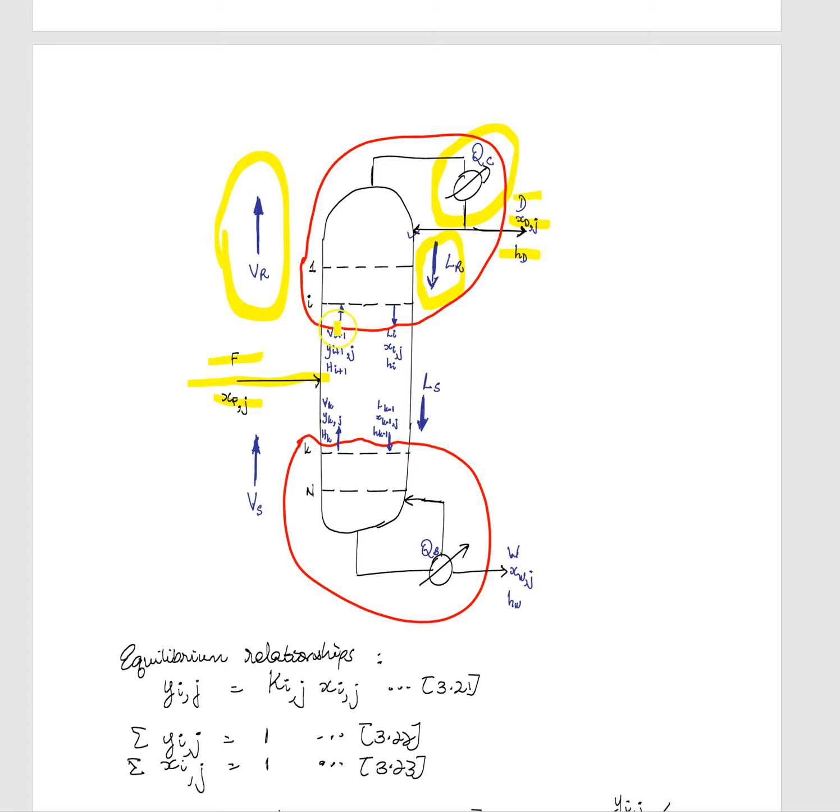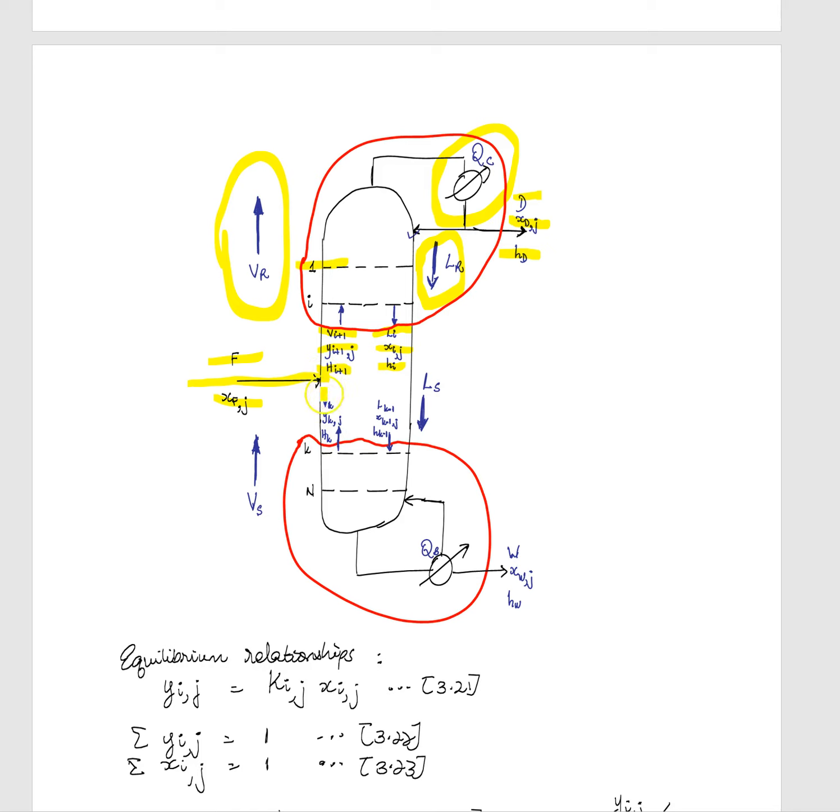Coming in to any tray I in the rectifying section, we have our vapor flow rate, and since the top tray is numbered 1, the vapor is coming from a stage below I, which is I plus 1, with a composition Y, I plus 1, and a given enthalpy. Leaving stage I would be some liquid flow rate Li, having its own composition and enthalpy. Below the feed stage,